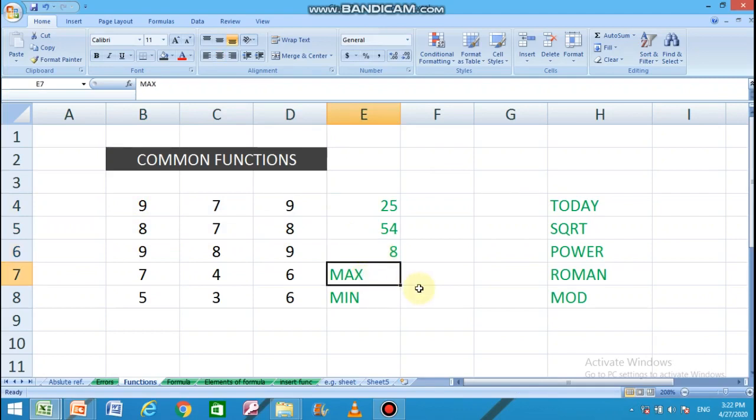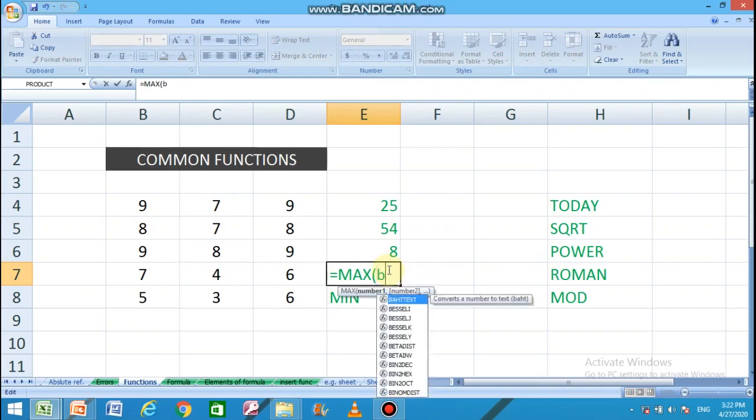Max. It is a function to find out the maximum value from the given argument values. It returns that value which is greater than all the other argument values. Let's see. Max in the bracket B4 colon B8.